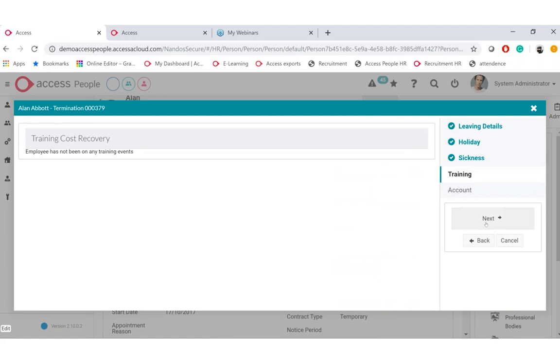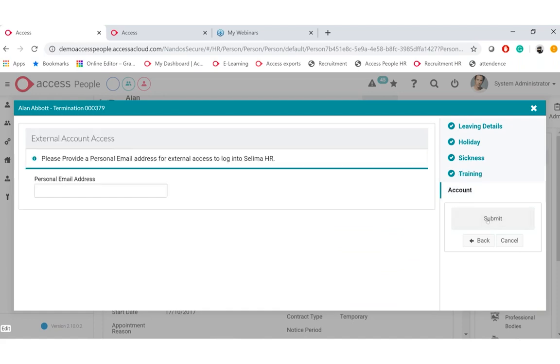What is also a nice feature, if they've had any training that a cost was incurred by the business, they can also have this notified to payroll as well. We can have external account access as well. So if you want them to have some access to the system after they've left, because obviously all their pay slips will be on there, you also have that opportunity as well.